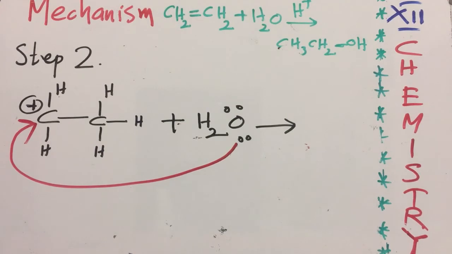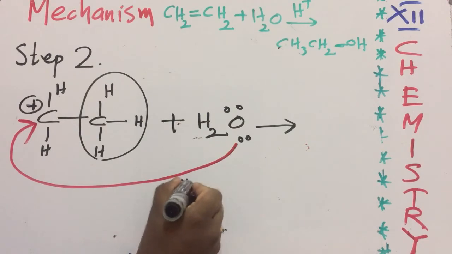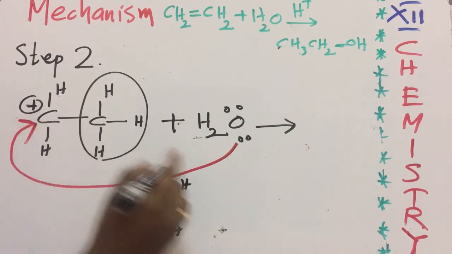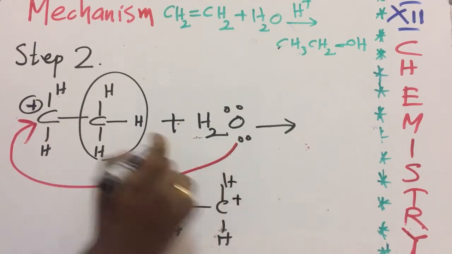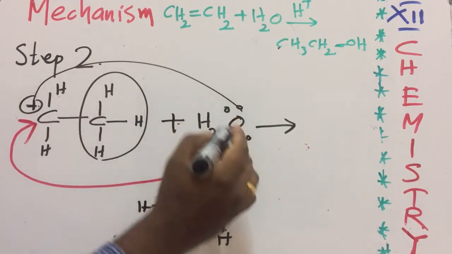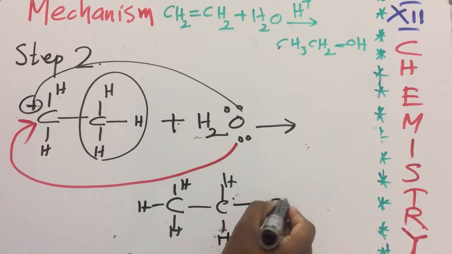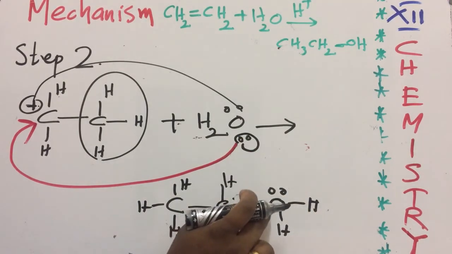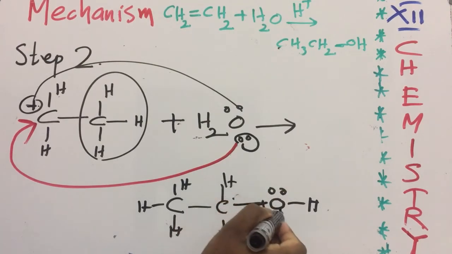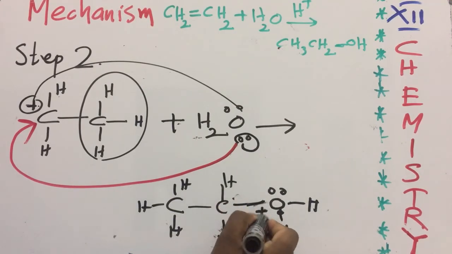Now let's see the product. So we can write this CH3 first, CH3, then CH2, and here one positive charge, and this positive and electron form a bond. By using these 2 electrons, it forms a bond with the water. So OH, H, this electron we can represent here. Okay, now see how many electrons around oxygen? 1, 1, 2, 3, 4, 5. So again a positive charge will form here.